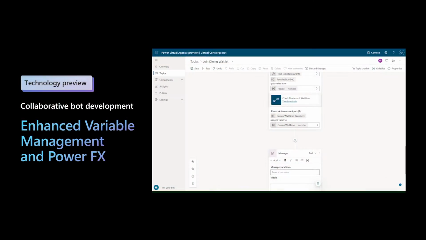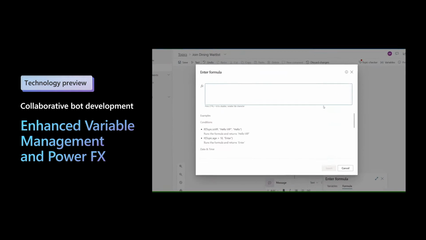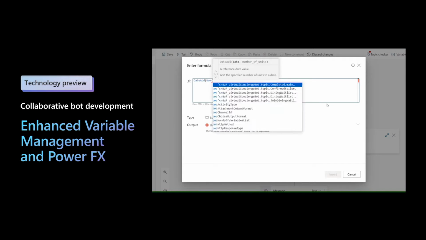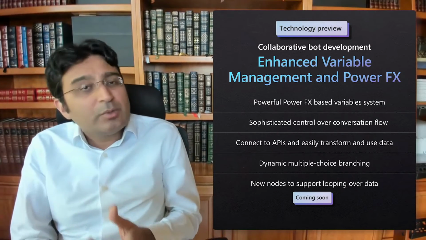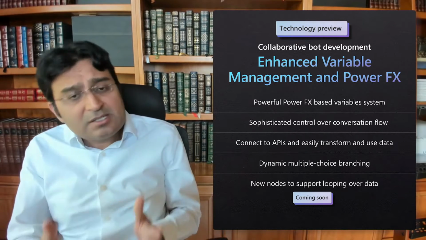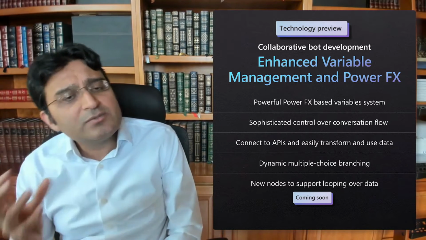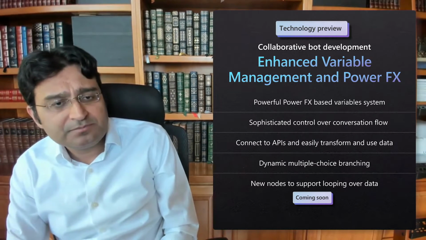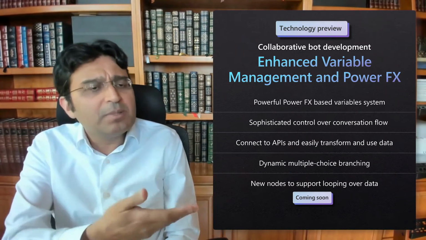and onboarding. We've also made it easier to store, transform, reuse, and work with data, a common need for professional developers. Using the integrated Power Effects editor, builders can now create complex logic using the same Excel-like formulas found within the Power Platform. Through its integration with Power Automate, PVA already comes with hundreds of connectors to common backend systems. And with this addition, developers can connect to a custom API, get back a response, parse it, and easily transform the information for use within the conversation. We've even expanded the number of supported data types and added the ability to create complex conversational flows.